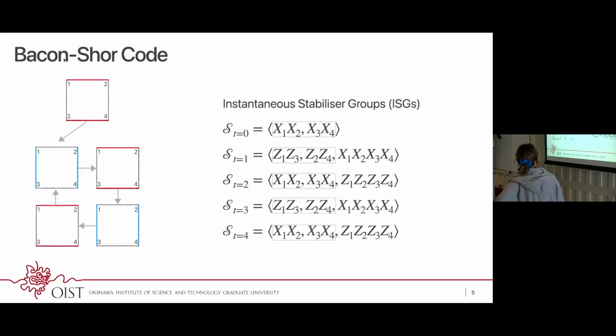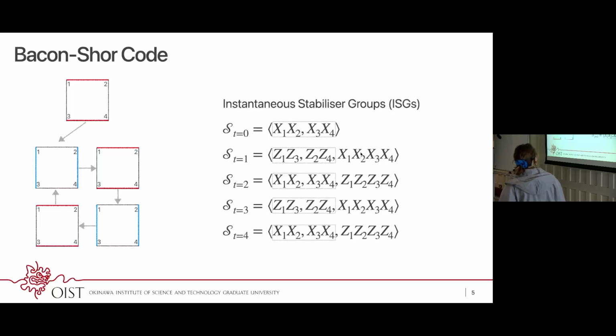we first perform the XX pair measurements on the horizontally adjacent qubits, so these enter the stabilizer group. Then in the next time step, we perform ZZ parity checks on the vertically adjacent qubits. Since the measurements we performed before anti-commute with the newly applied measurements, the XX pair measurements are removed from the stabilizer group, and the product of them remains in the group because it commutes with